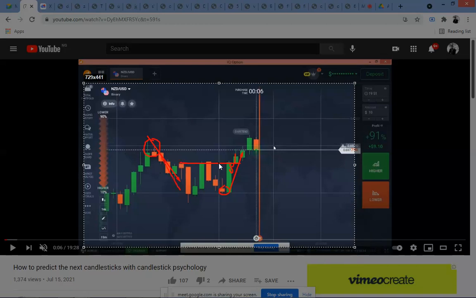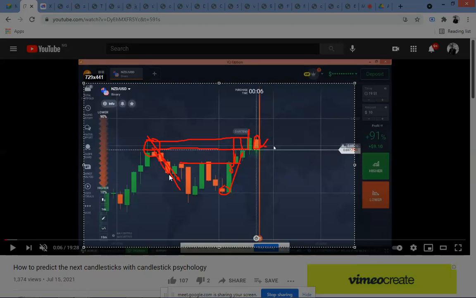All these are minor, so they ignore it. So they now check here. They saw that if buyers come to this level, we might see some sellers' activities. First time, rejection. Second time, rejection. Third time, rejection but no green, no red candle. Third time, buyers entered and closed above the area, the sellers' entry point, and still there's a rejection. That is why sellers enter. Sellers that entered here prove to us that there are so many sellers' activities going on here.